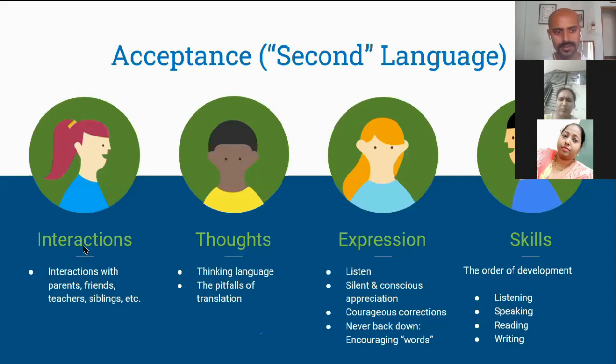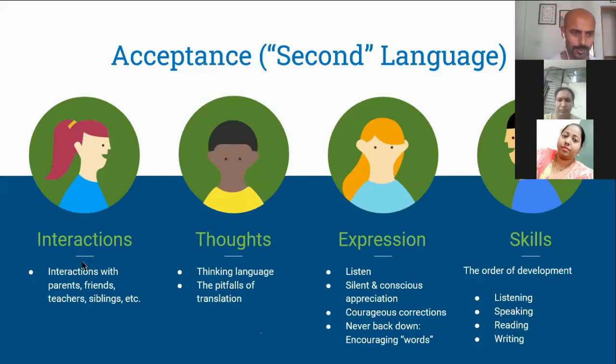So interactions, you develop language through, yes, LSRW skills. But a little bit of modification in that, because listening and reading, we'll take it as learning because they are kinds of learning. And speaking, yes, it is outward. Writing is kind of neutral. You can write for yourself or you can write for somebody else. And along with that, we can add expressing. So we'll come to expressing in some time. So interactions.